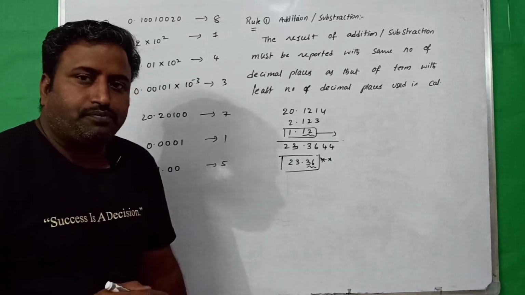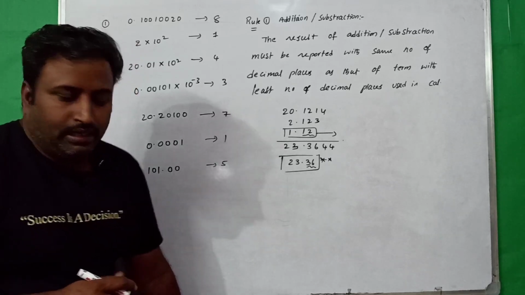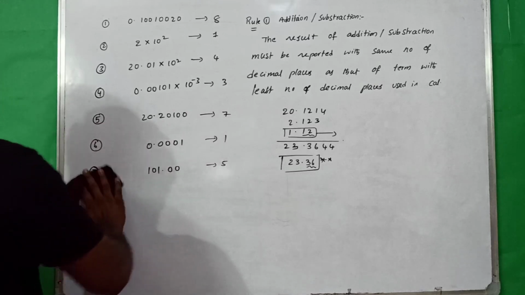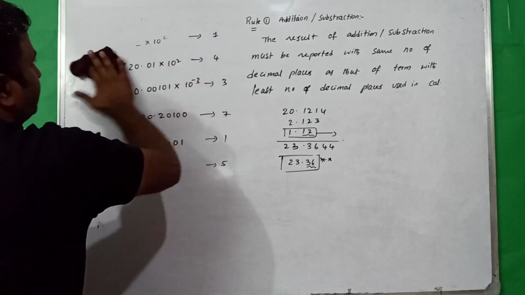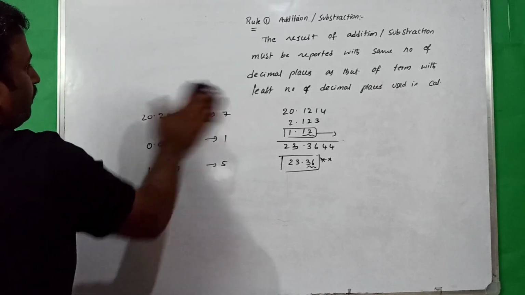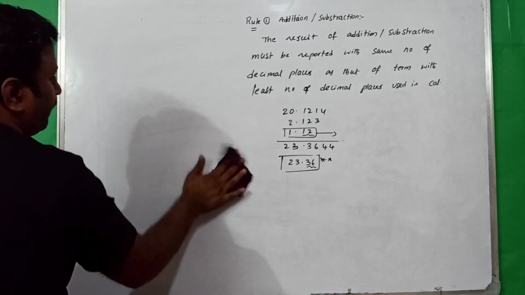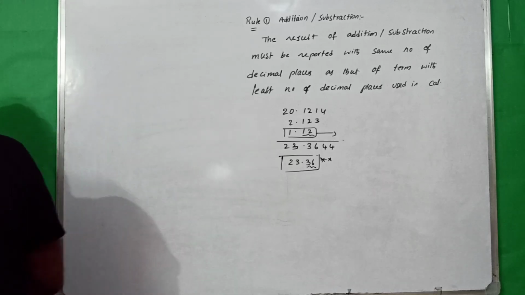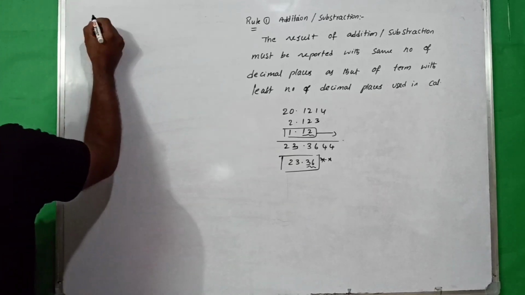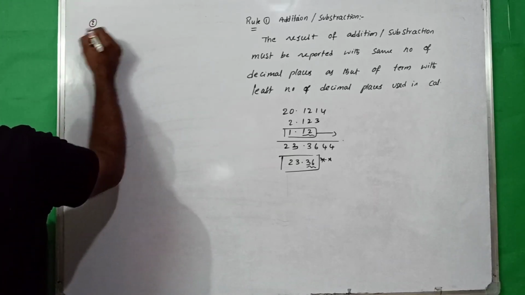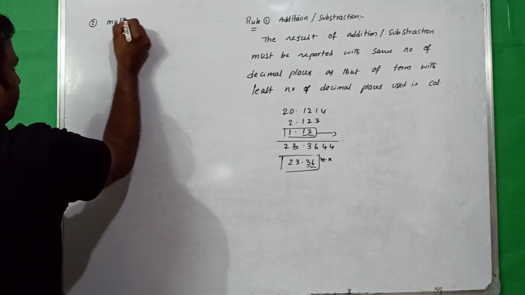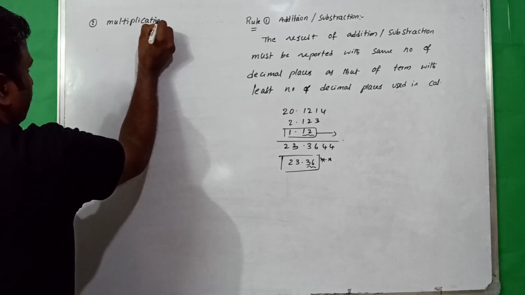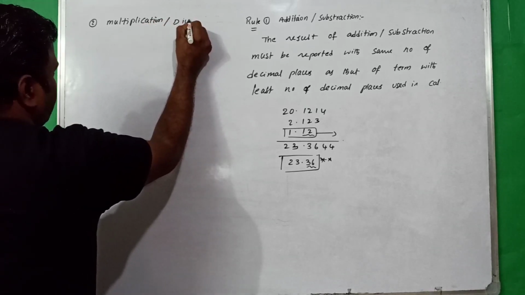Hope it is clear. Now let us learn rule 2. During multiplication or division, the result must be reported